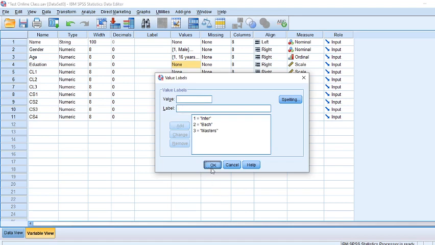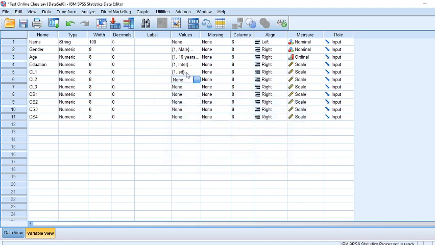And then this is the Likert scale. 1 is strongly disagree, 2 is disagree, 3 is neutral, 4 is agree, and 5 is strongly agree. Like this, I have created one.